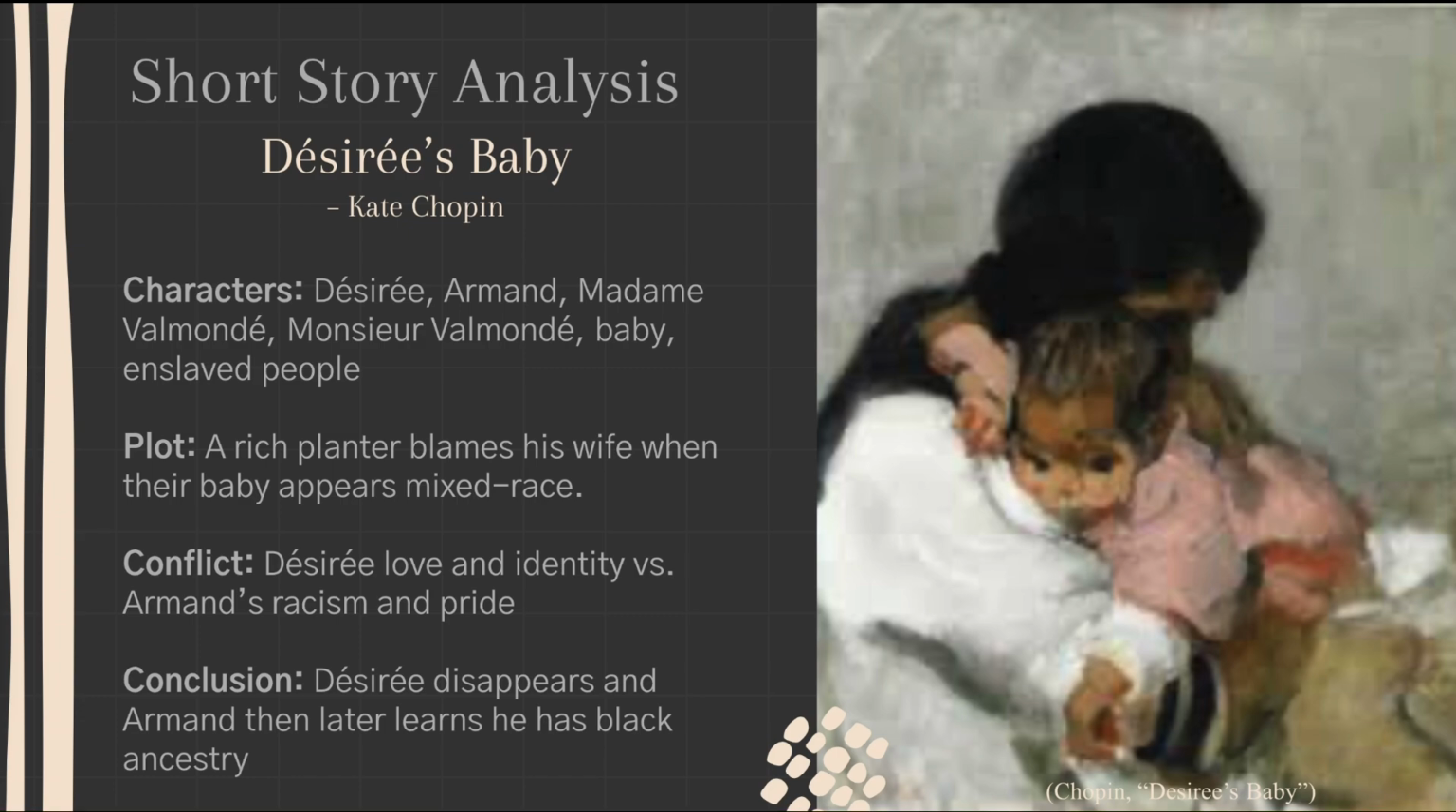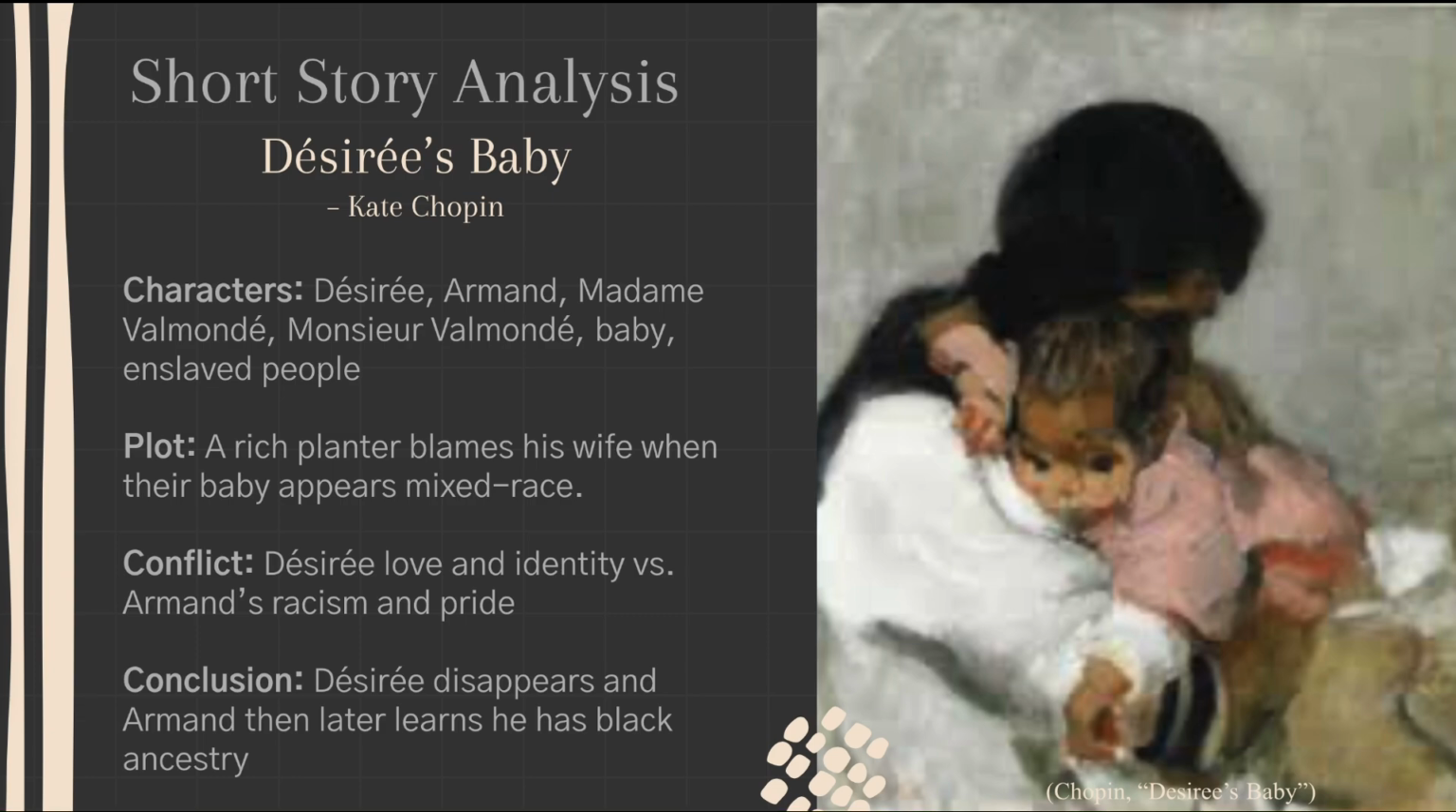So, I'll start with the short story. Desiree's Baby is about a woman named Desiree who was adopted as a child, so nobody actually knows what her full background is. She grows up, marries Armand, a wealthy plantation owner, and they have a baby together. I think at first everything seems to be perfect, but over time, people notice how the baby doesn't look fully